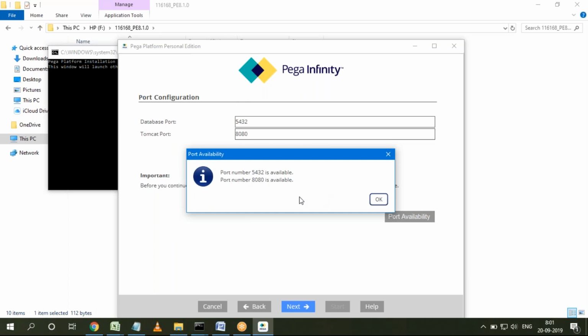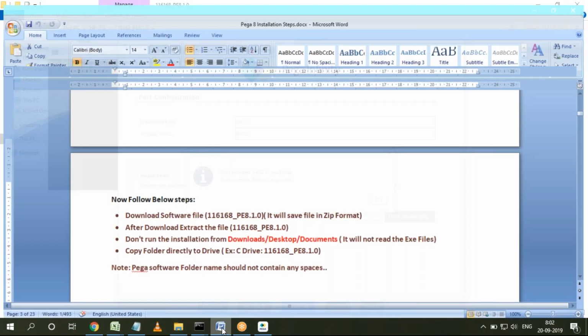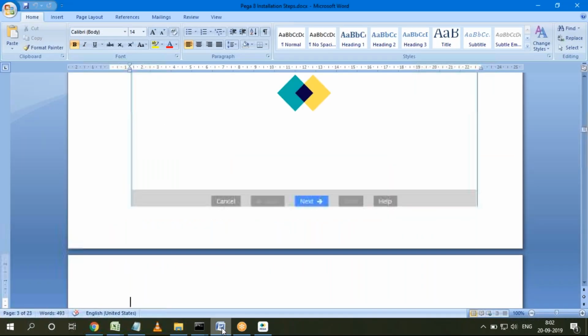In some cases, if other servers and installations are on your system, it may allocate the same port number as other servers and databases. It may conflict in some cases. Suppose it shows as not available, then you can change the port numbers. All the screenshots are given in the document also, and I'll be sharing the video also. You can just go through any one.